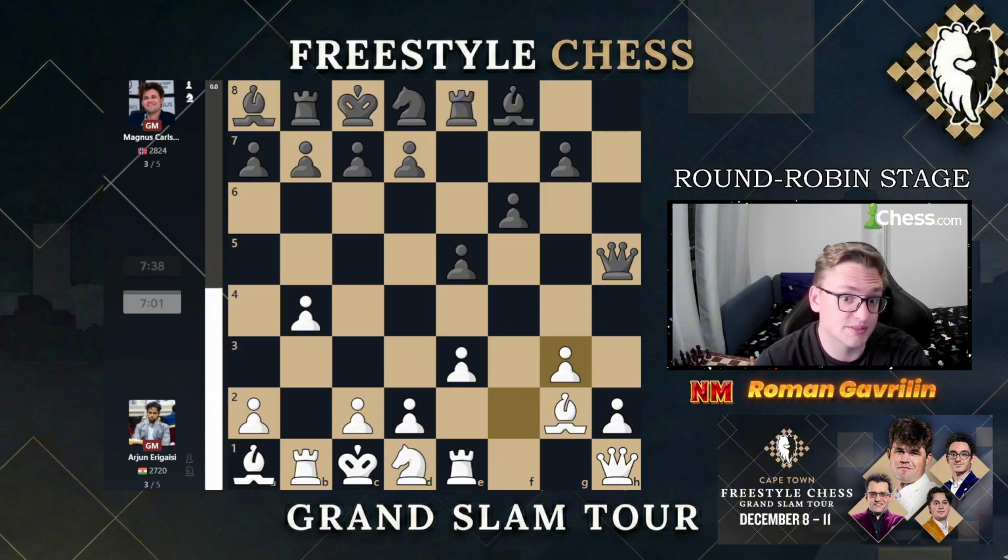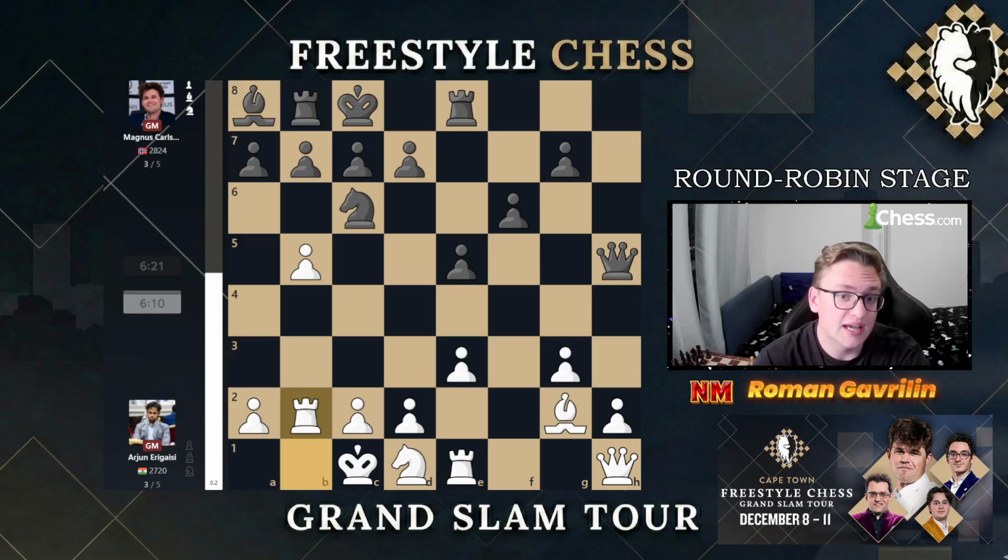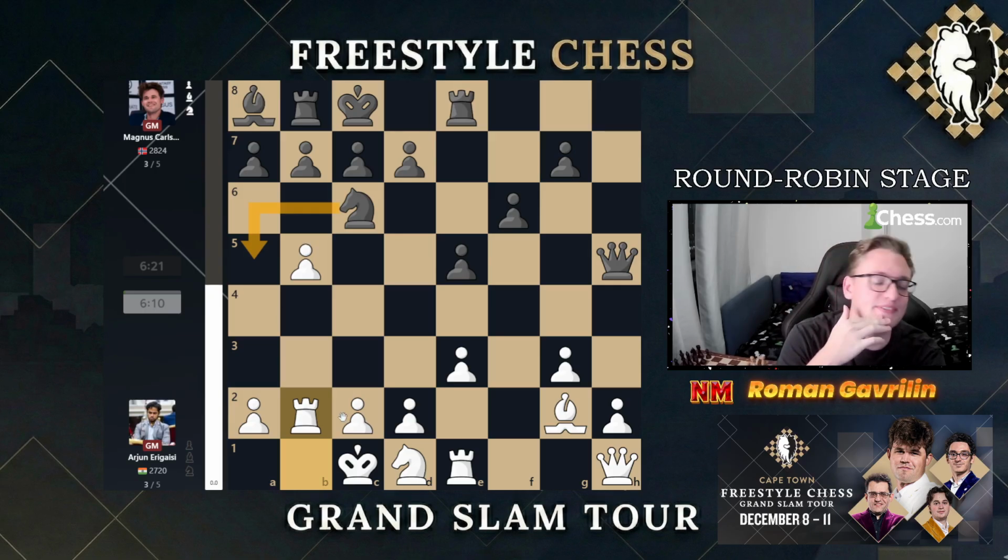Players developed, players traded some pieces off the board. b5, bishop a3, bishop b2. And the more trades happen in freestyle chess, probably the easier it is to play, because you kind of understand, you kind of have more space for your pieces. It's easier to figure out, and I think for these players it kind of makes a lot of sense to,